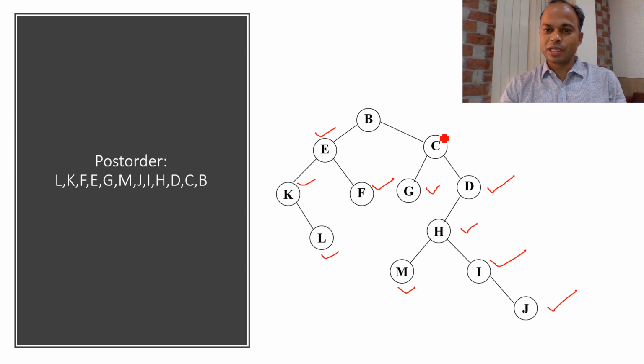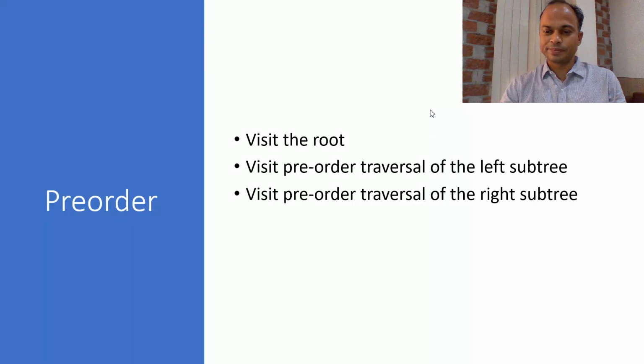If we talk about this root, left child has been visited. Right subtree has been visited. Now we have to visit the root. We are visiting here root. This is C. And left subtree has been visited. Right subtree has been visited. Now we are visiting the root. I mean we are visiting the B. So in this way we can traverse the post order sequence.